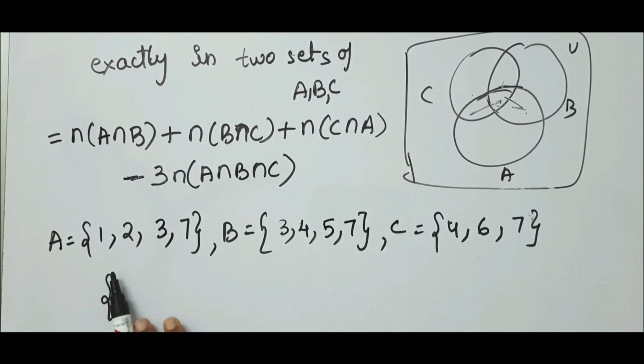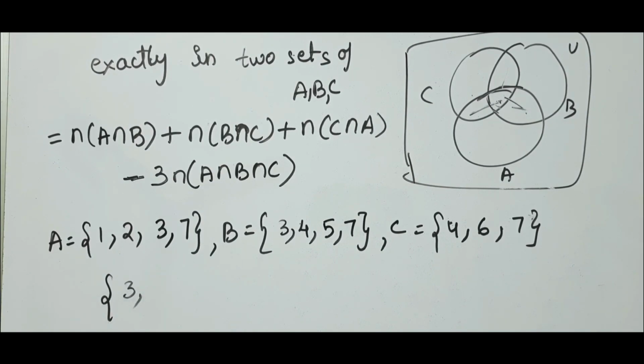First, let us check with sets A and B. The first element is 1, is it not? So the element 1 is not in this set and this set, so just leave it off. Next, the element 2 is not in this set and this set, so just leave it off. The element 3 is in this set as well as set B, is it not? It is not in set C. So it is in both sets A and B. So write down here 3.